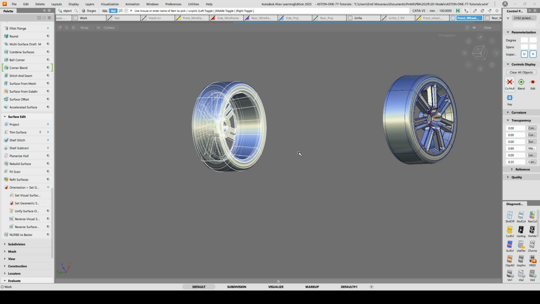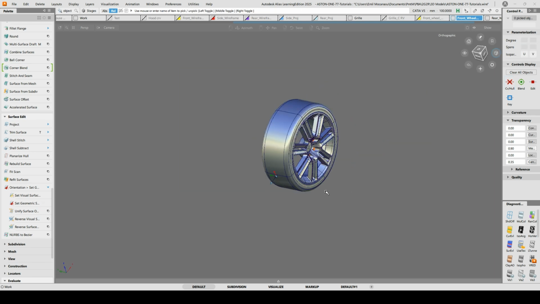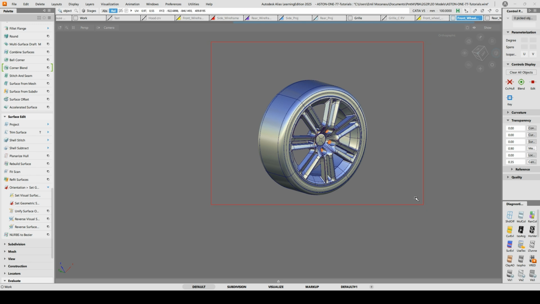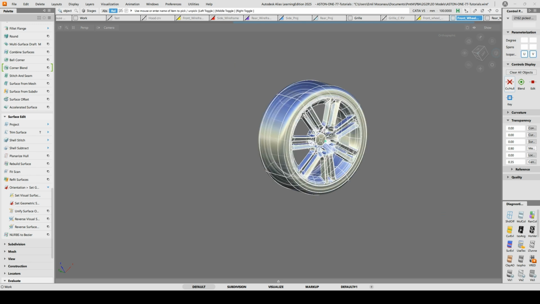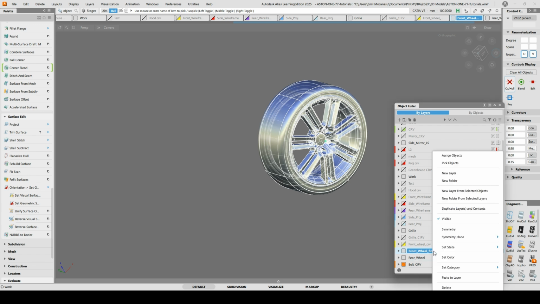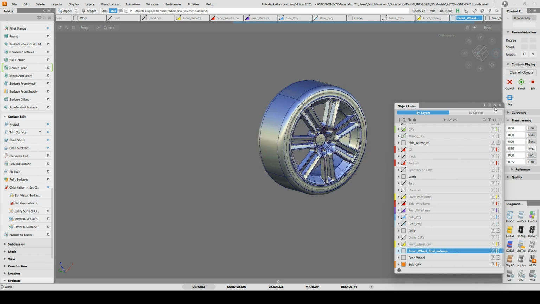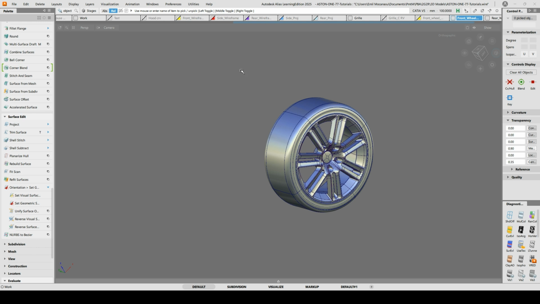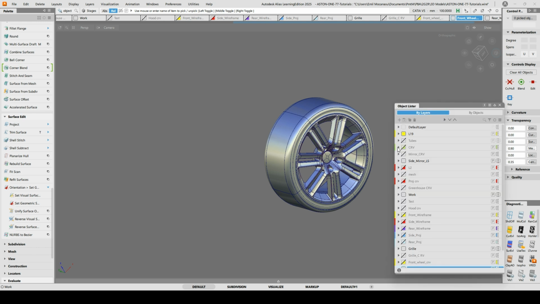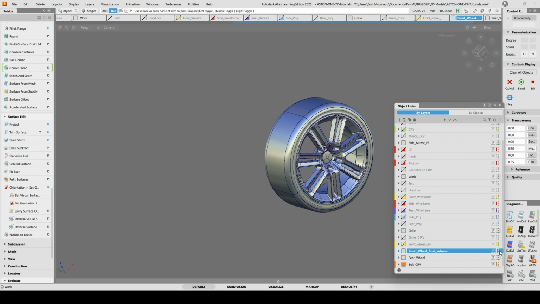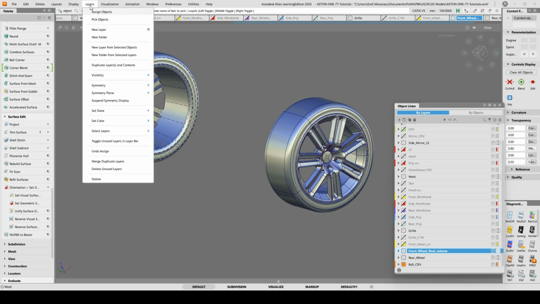But there's a way I can save myself from doing all that work, and that would be picking the geometry, making sure that it's all on one layer, and it is. Now what I want to do is I'll go into the object lister, turn on the symmetry here, and go into layers, and under symmetry plane, create symmetric geometry. So you just go ahead and click that,